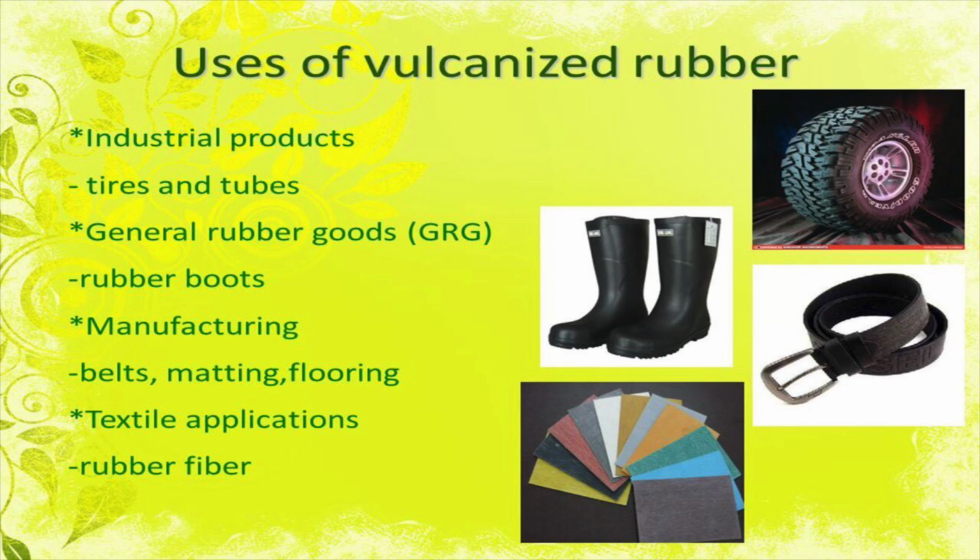Here we find that vulcanized rubber has a number of applications. The extent of stiffness of vulcanized rubber depends on the amount of sulfur added. For normal purposes such as the preparation of tires, belts, etc., rubber containing 3 to 5% sulfur is used. An increase in sulfur content decreases the elasticity of rubber. For example, for making battery cases, rubber may be vulcanized with as much as 30% sulfur.